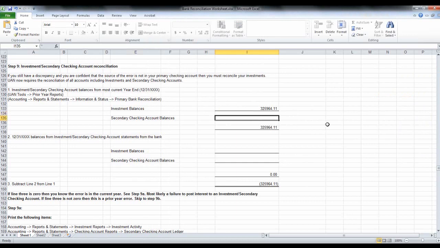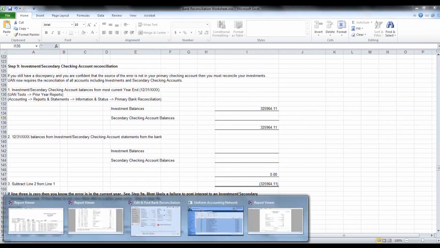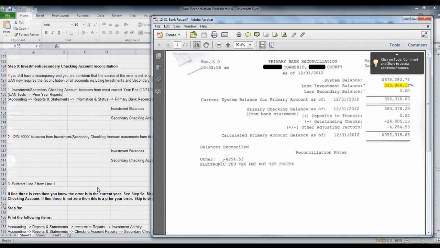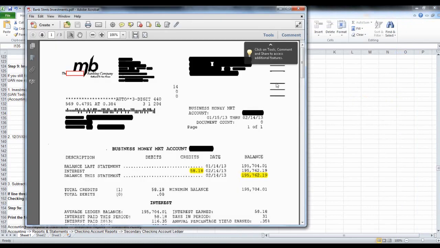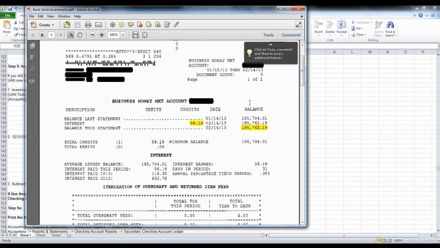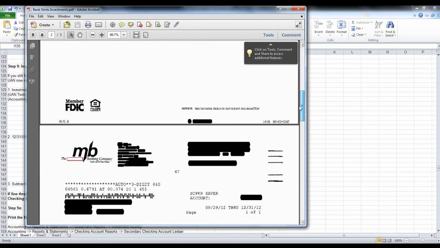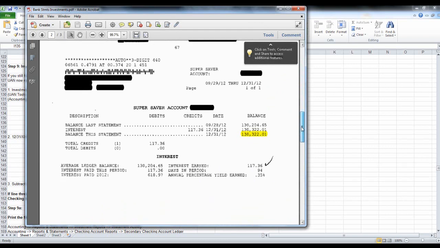In our example, we don't have any secondary checking account balances. Obviously, if you do have secondary checking account balances, you would want to run those reports as well. Those will be listed here. Okay, we're done looking at our prior year report. Now we need to look at our investment balances from the bank. Go back to my investment balances, and we need them as of 12/31. Well, that's as of 2/14, so we must have some older statements here for that money market. Our super saver is as of 12/31, so we're going to enter in that balance,